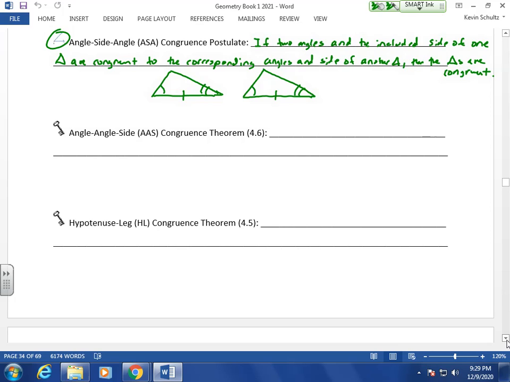The next one is the angle angle side, or the AAS congruence theorem. Another combination of three parts that we can use here. And this one says, if two angles and a side